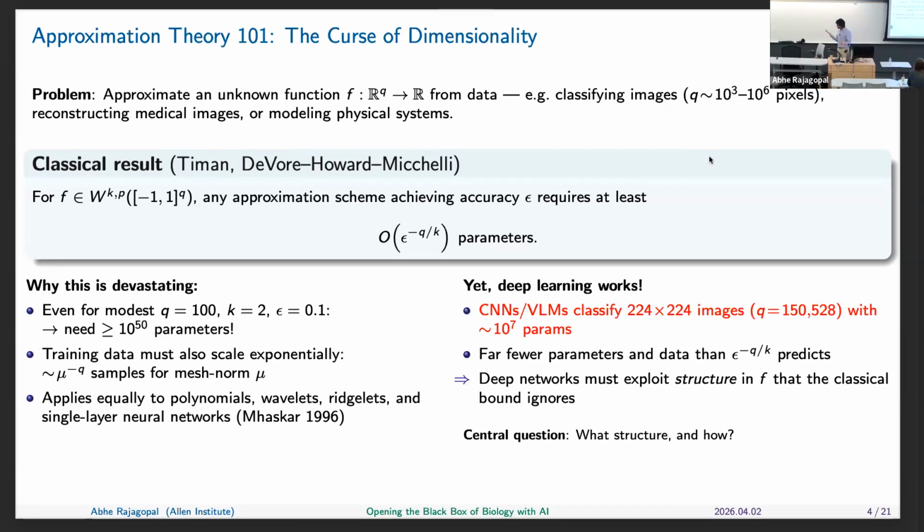But what's surprising is that deep learning really works, and it has way fewer parameters with respect to the dimension that we're looking at. Images, even relatively small image chips, are really high dimensional mathematically. But our deep networks have way fewer parameters, and importantly, we don't have that much data to train them. So why do they work? The idea is that it must be exploiting some sort of structure, and the question is what structure and how?